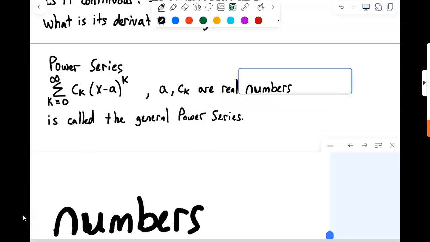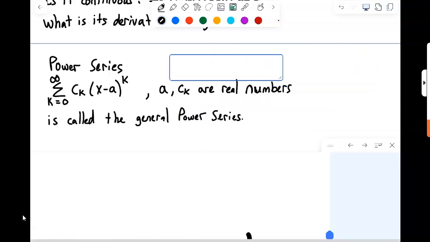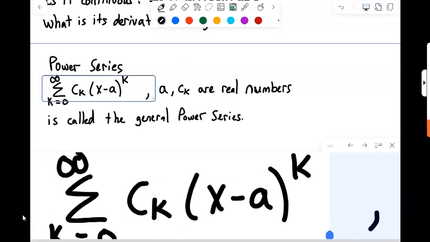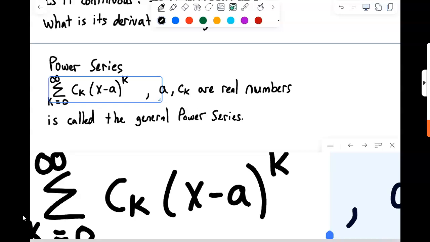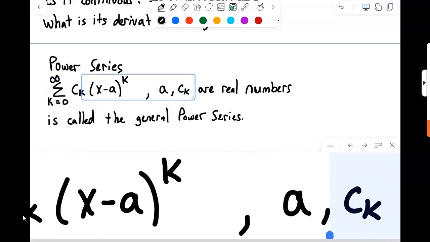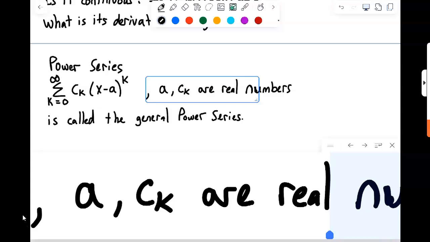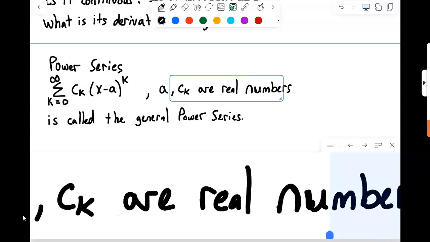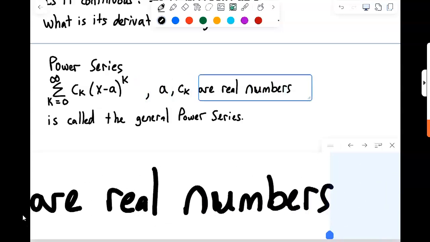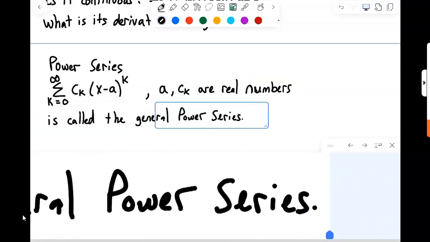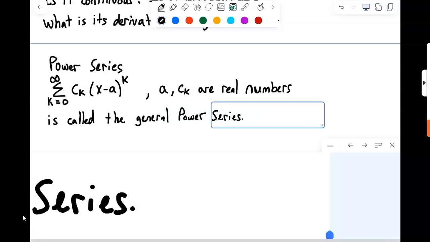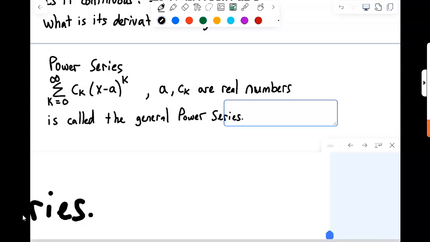Okay, so now we're ready to formally define power series. The series, the sum as k goes from 0 to infinity of c_k (x minus a)^k, where both a and all of our coefficients c_k are real numbers, is called the general power series. The number a is